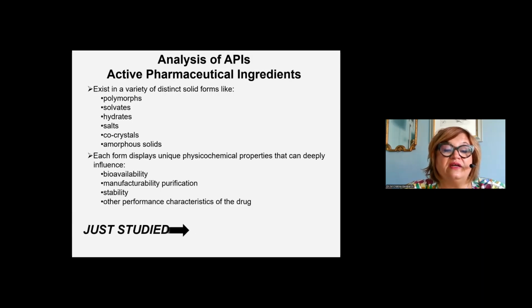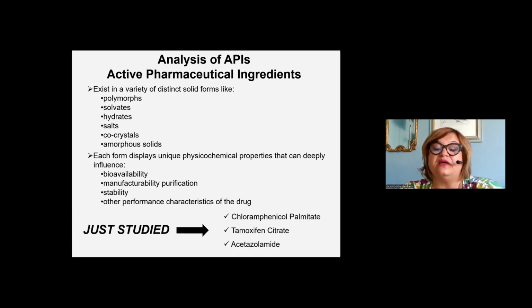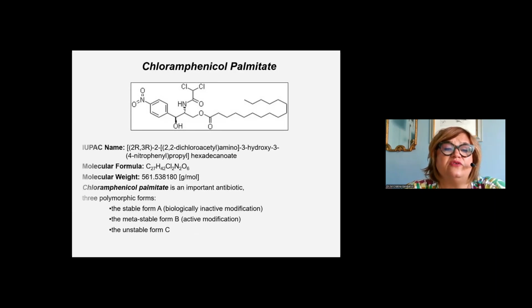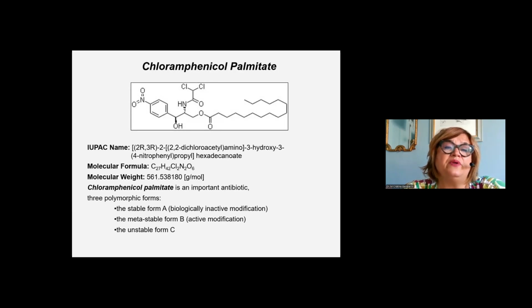we studied at the beginning three different APIs. The first one was chloroform palmitate. You can see here the structure. I will not show you the synthesis, not the synthesis, the crystallization. Because the crystallization is very important when you study